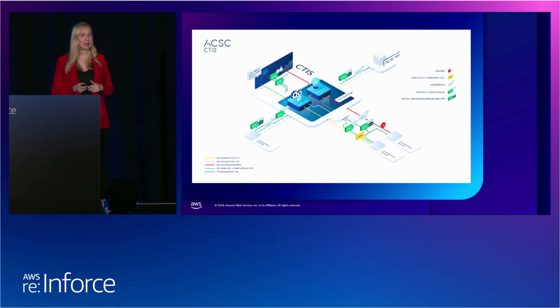Now let's step through a bit of an example of how it actually works. An ACSC analyst can receive intelligence either through the CTIS program and platform from other partners, or maybe they discover something malicious using their own tooling. In one particular case, an analyst identified a URL which was aiming to mimic Australian government infrastructure, specifically a website that is used for social services. So something pretty important where thousands of Australians access that website every single day.